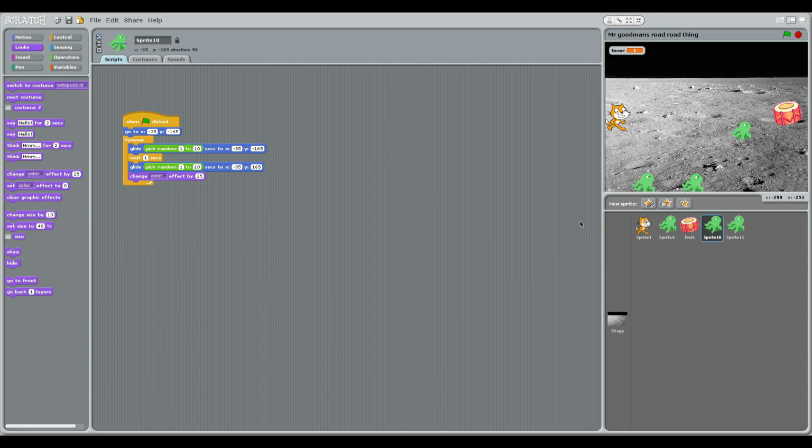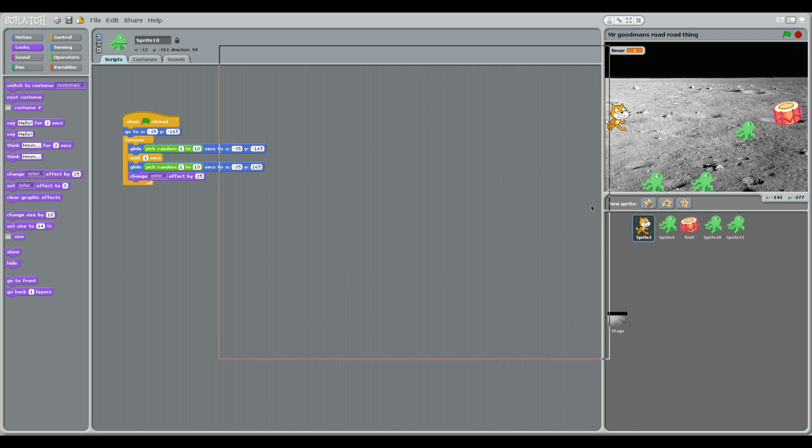Okay, Year 5, this game's basically the same as Crossy Roads. What we have to do is get the cat, using the arrow keys, to get to the drum, and we have these little monsters and they move up and down at different speeds. We're just going to go through the basics